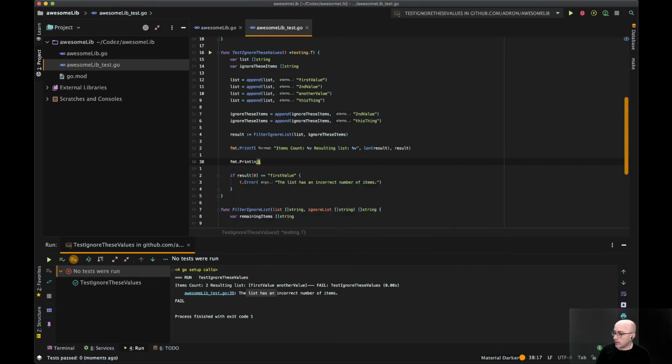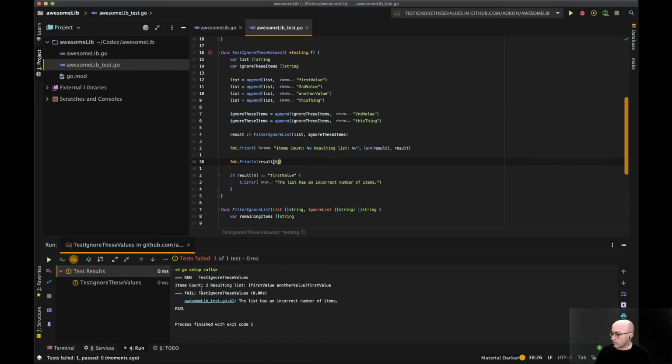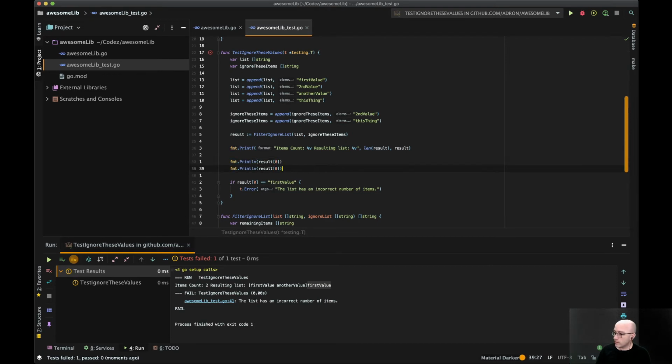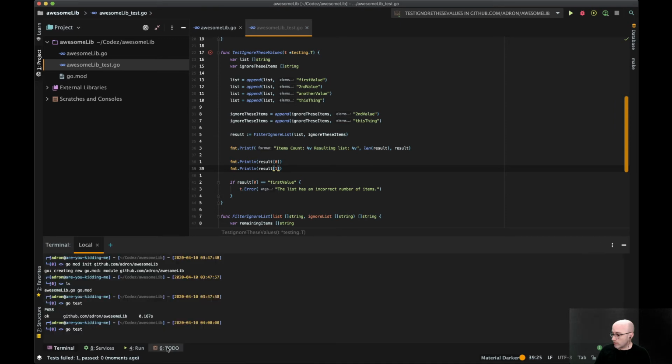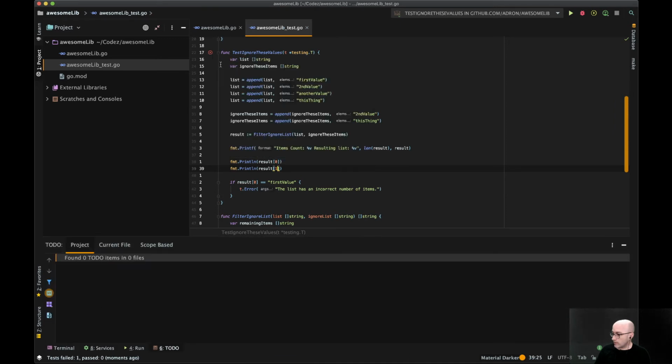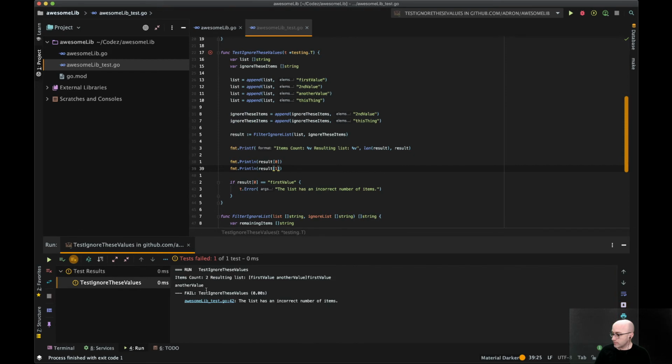Format print line. Say result 0. Oh, first value right here. And then item 1. Whoops. Come back here. Just run it again. Another value. First value, another value.